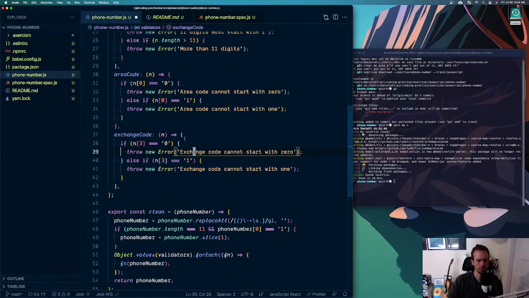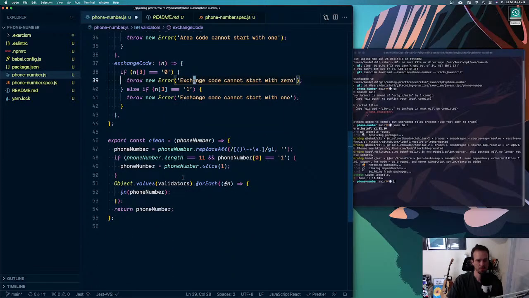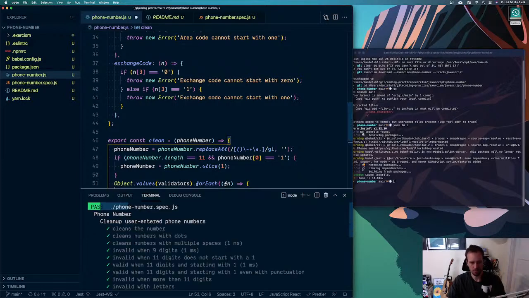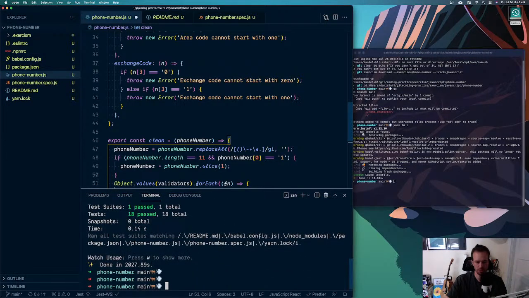Turn this into an array of validators. I would probably still keep them outside of the function just so that I could easily add and remove, and maybe I'd throw them into the function too. There's not really a big reason to have this indirection and loop over them other than separating validation from the main function. But in this case, the entire thing is just validation. I would call this validator. So I'd probably pull these in too. But yeah, instead of doing all that refactoring, let's look at other people's,